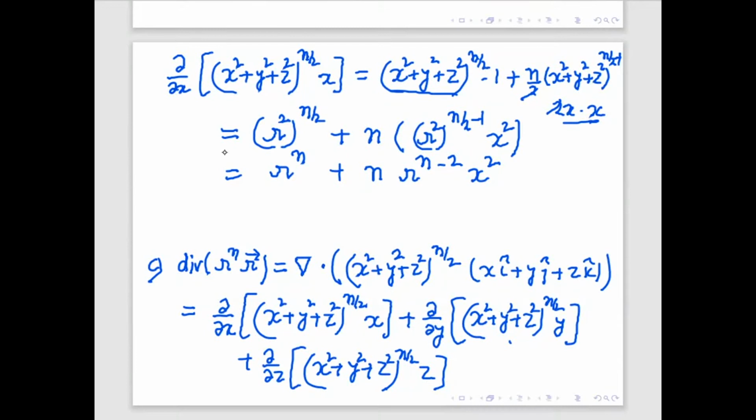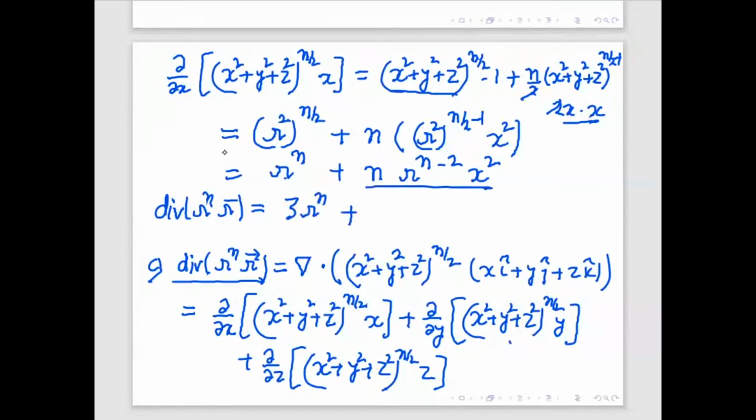This is the first term differentiation. Similarly, if you do the second term, it will come r to the power n and r to the power n minus 2. Instead of x, it will come y square, and in the third, it will come z square. So if you add, this divergence will come by adding all those terms. So this r to the power n will come in all three terms. It will give 3,